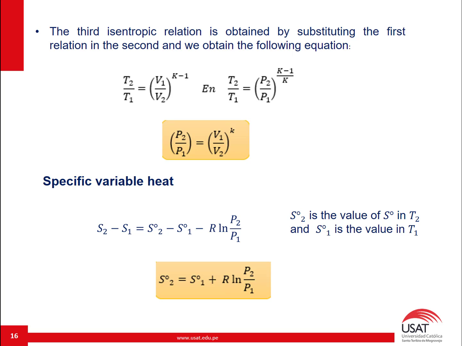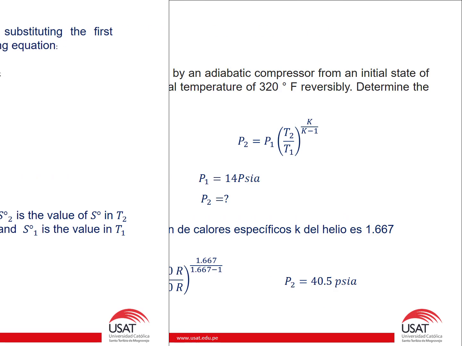Variable specific heat. When the assumption of constant specific heats is not adequate, the isentropic relationships previously developed give results that are not sufficiently accurate. In such cases it is necessary to use an isentropic relationship that takes into account the variation of specific heats with temperature, that is the following. Whereas the value S°2 is the value of S° at T2 and S°1 is the value at T1. By equating the equation to 0 you get, example,